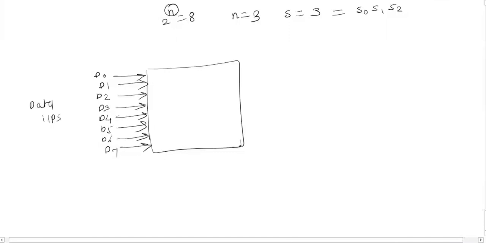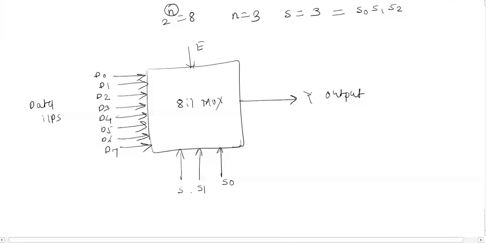Out of these data inputs, 1 is selected as output by the 8:1 mux. Along with the data inputs, the multiplexer needs one more enable input, that is E. And 3 select lines are used by the 8:1 multiplexer, and these are nothing but S0, S1 and S2. These are the select lines.